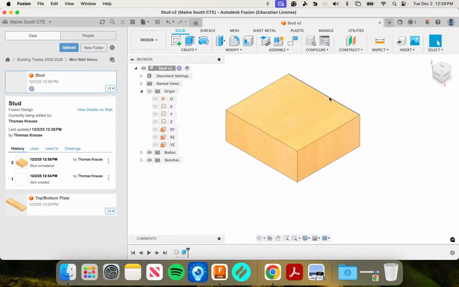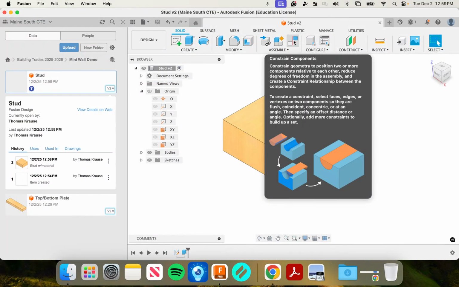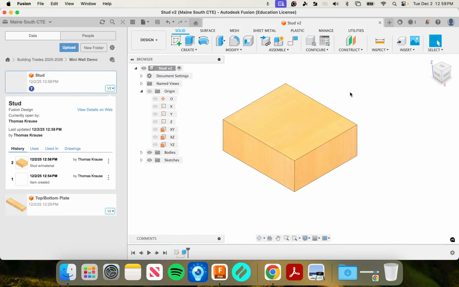So our next activity is going to be starting to assemble these. So if you haven't done assembly before, hopefully this is becoming easier as we're progressing through. We're going to start doing an assembly now, where we're going to take individual pieces and we're going to have to move them around and joint or constrain them into something that is